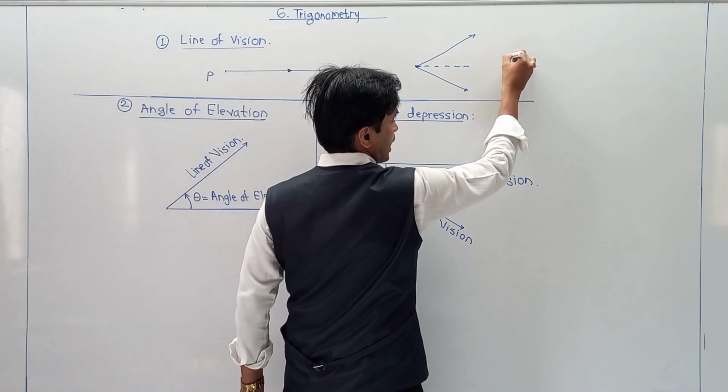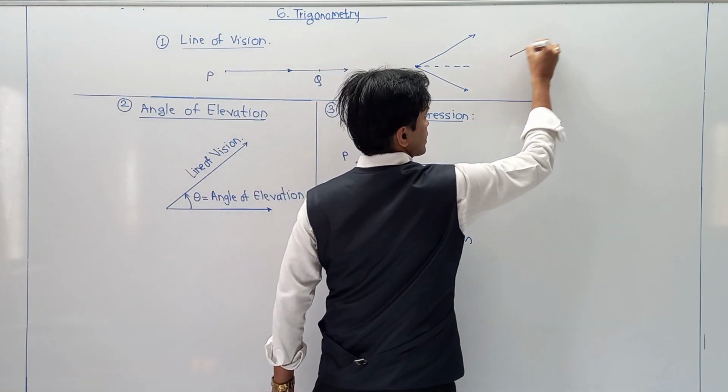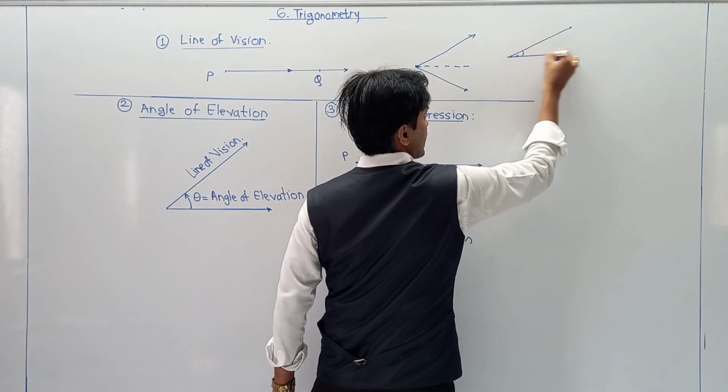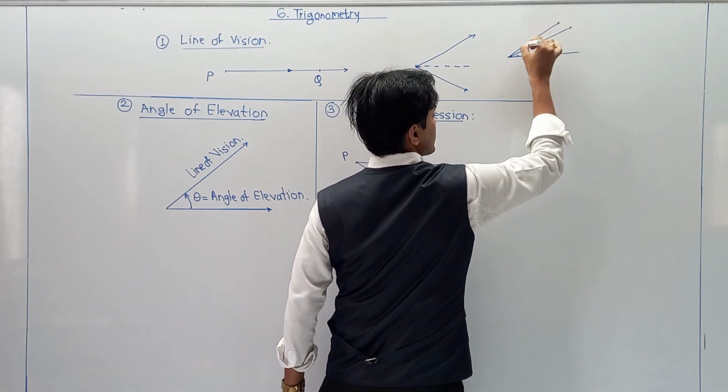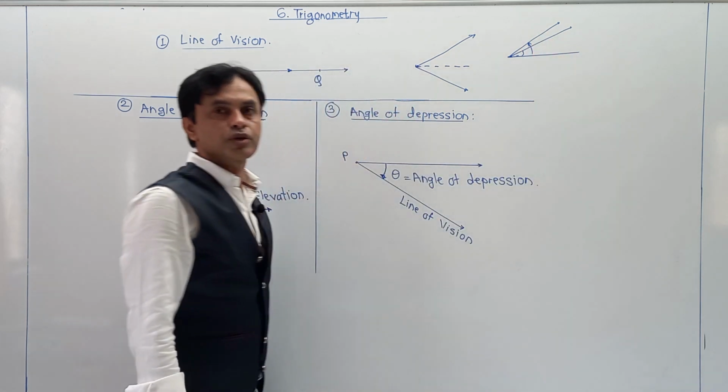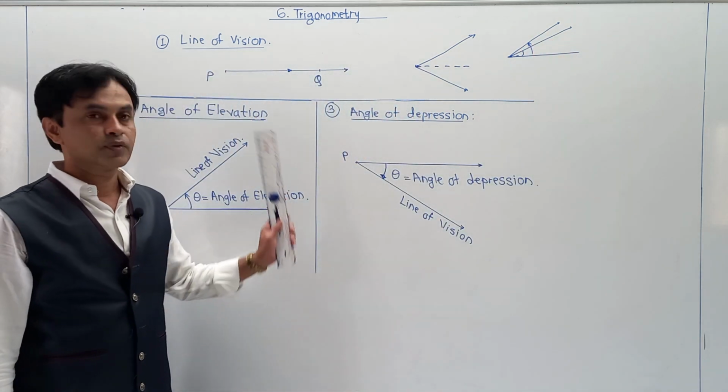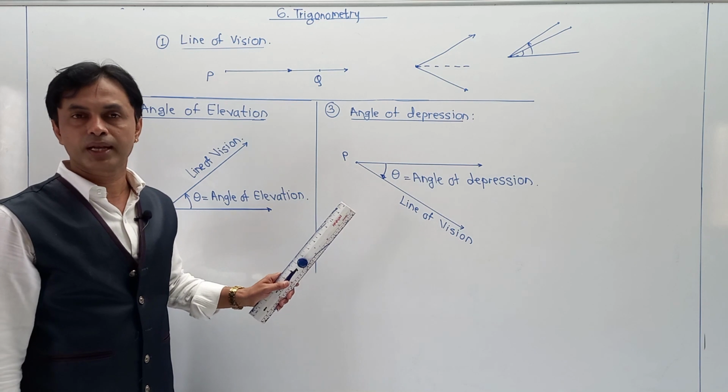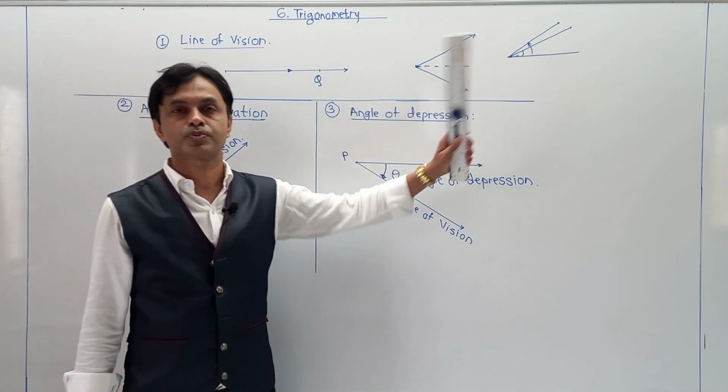Also in some numericals, at a time you are observing two objects, first at one particular angle and second at another particular angle. These types are also included in your syllabus. So students, first we are going to understand some normal numericals, and after that we will go for some specific numericals.